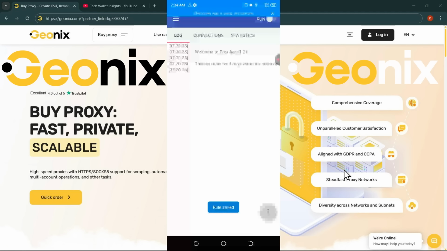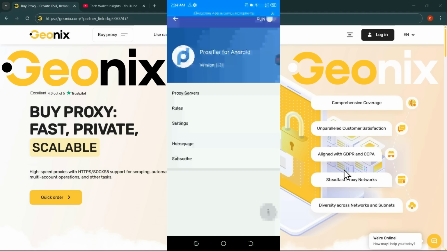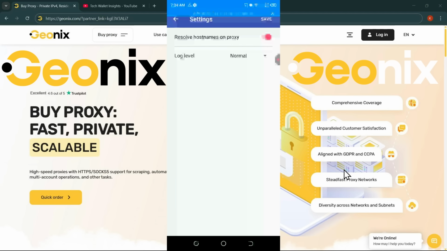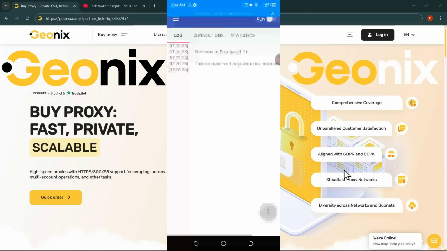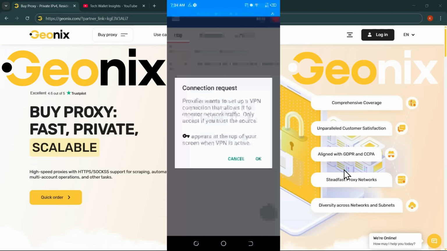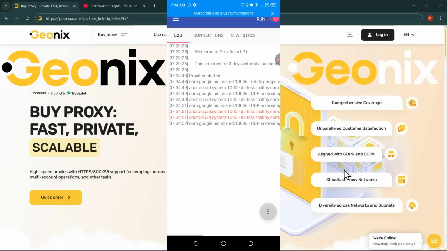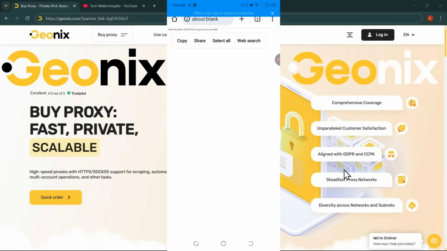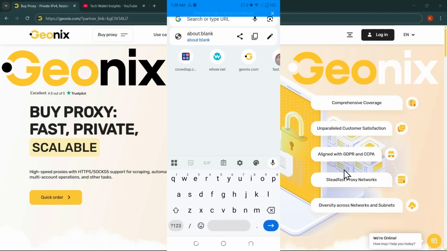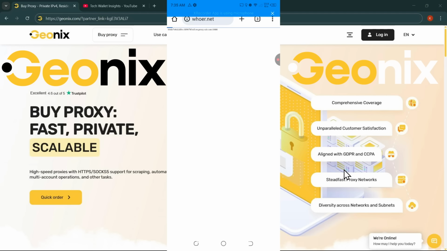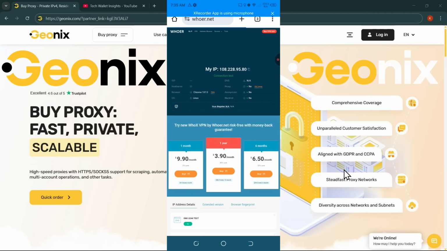Once you are done with your settings, remember to set up the proxy server, the proxy host name. Then you come to this button and click on the run button. It's going to ask you for a connection request. You grant it, and that's all. If you start seeing that it's trying to connect and your proxy is working, you can easily go to your browser and go to wua.net to check and see if your IP address has changed